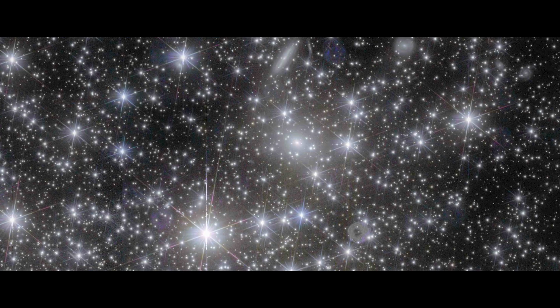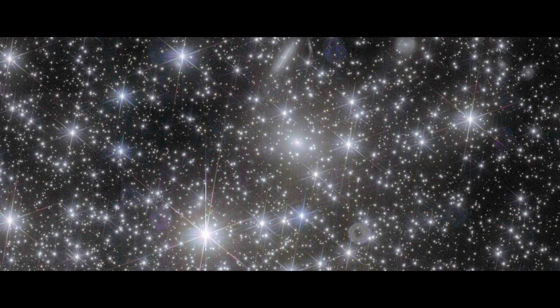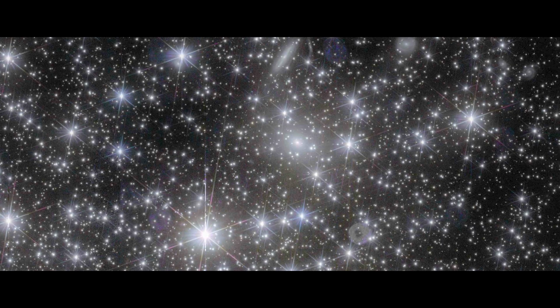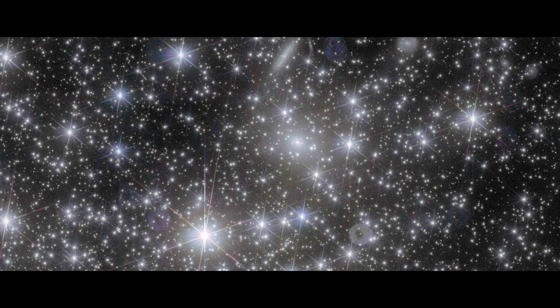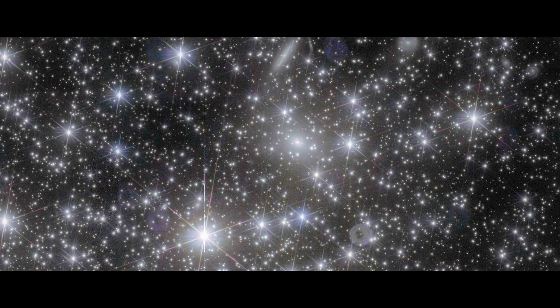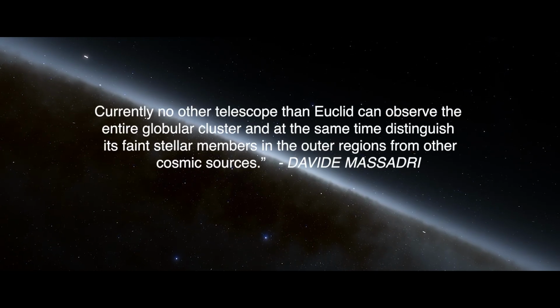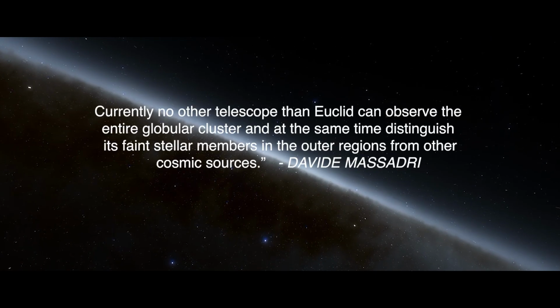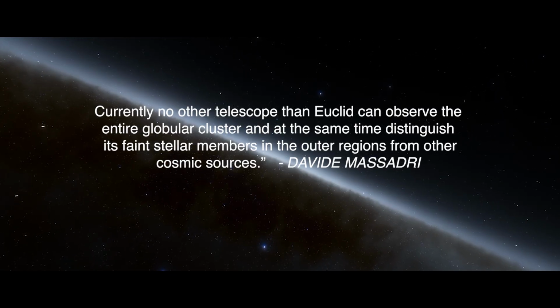On top of that, they extend quite a long way out from their center, with the radial parts mainly made up of low-mass, faint stars that, until now, have been hard to see. Ironically, it is these faint stars that hold the most scientific interest for unlocking the history of the Milky Way. As Davide Massari of the National Institute for Astrophysics in Italy puts it, currently no other telescope than Euclid can observe the entire globular cluster and at the same time distinguish its faint stellar members in the outer regions from